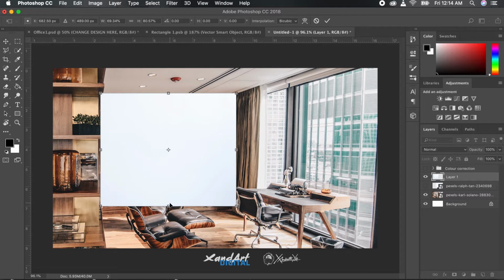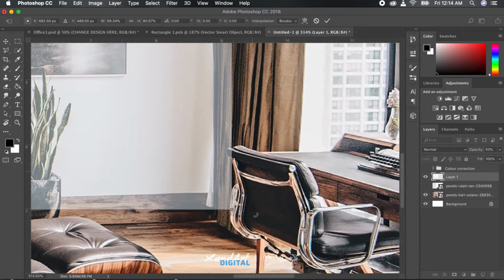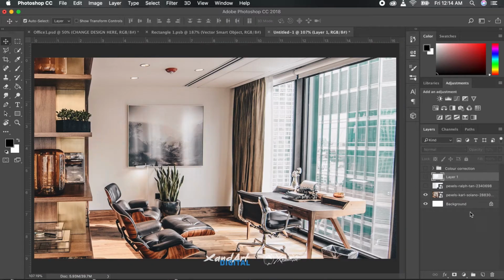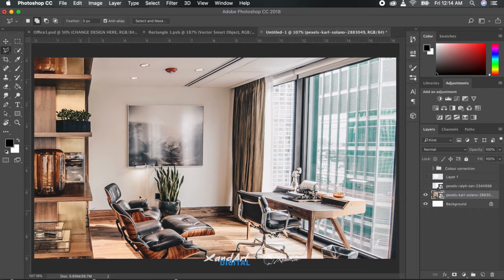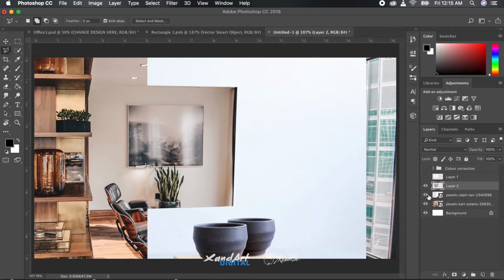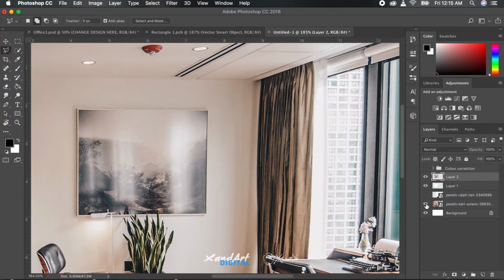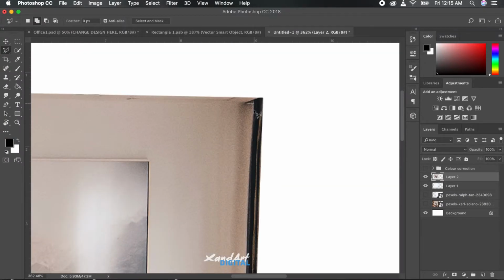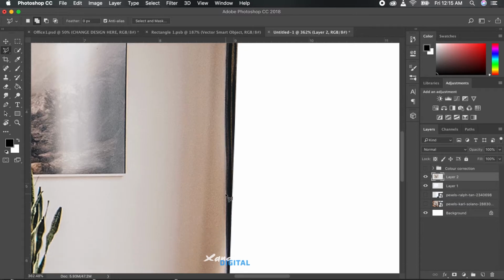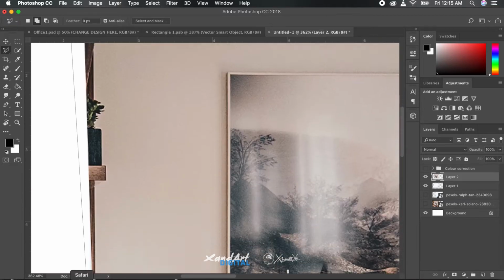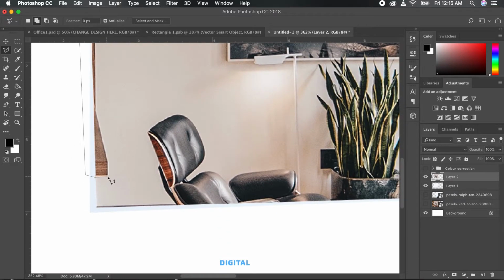Now that we have placed the texture of the wall, let us make a copy of the wall of the original photo so that we can use the elements that are in front of the wall and make the manipulation more seamless. To do that, we'll simply copy the wall area using the polygon lasso tool. The shortcut is L, and then copy and paste it in the same place. Copy with the shortcut Command C on Mac and Control C on Windows, and paste it in the same place with the shortcut Command Shift V on Mac and Control Shift V on Windows.